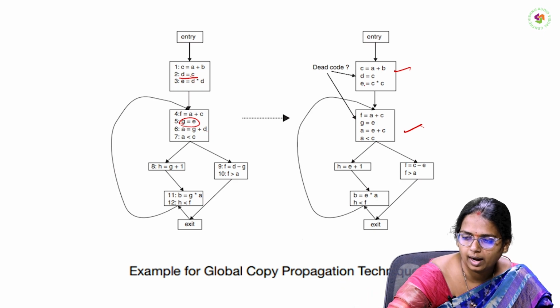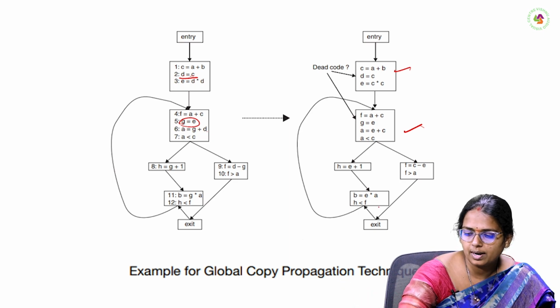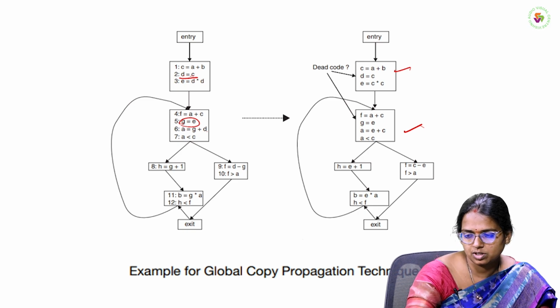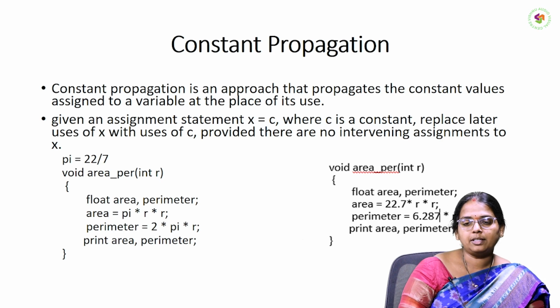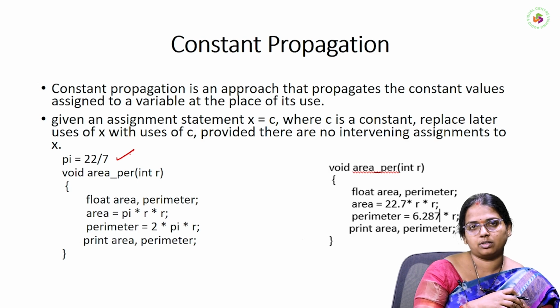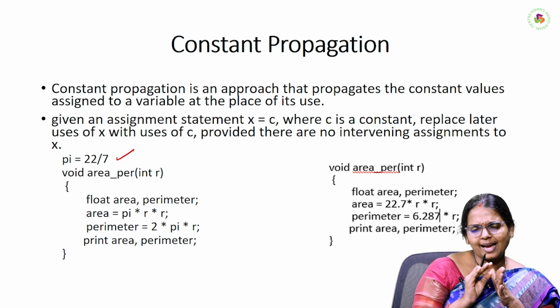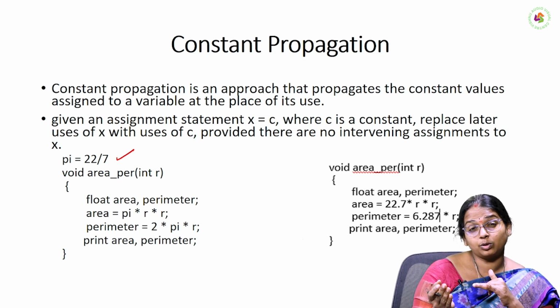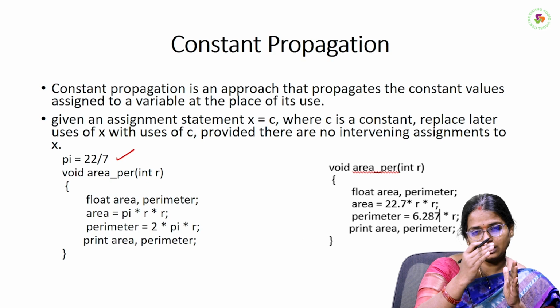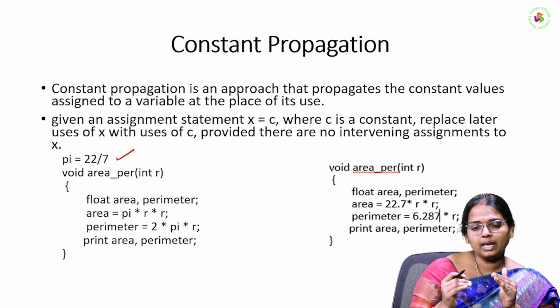Now when you are seeing this one, we thought that there is a common expression. So later on, they will divide it based on the expressions. Constant means, for example, see this program, pi value is 22/7. We know already every time the constant value pi. Then directly, if you give the number itself, it will take the direct value instead of substituting the pi value, so that it will decrease